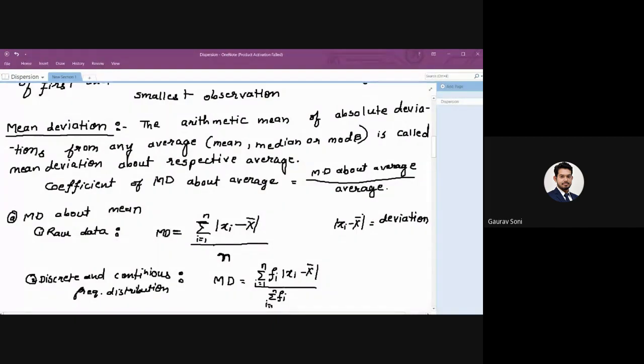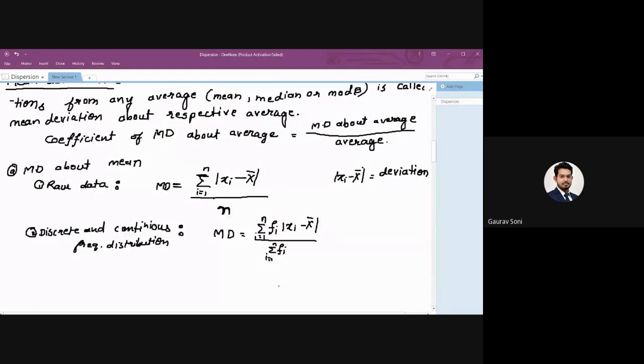Exactly. Look, in discrete frequency distribution, we have actually xi's and fi's given, so there's no problem. For continuous frequency distribution, our class marks are going to be the xi's, and once we are done with this,